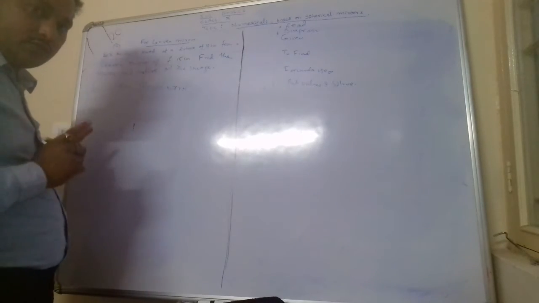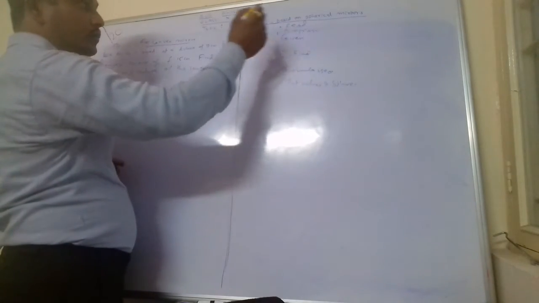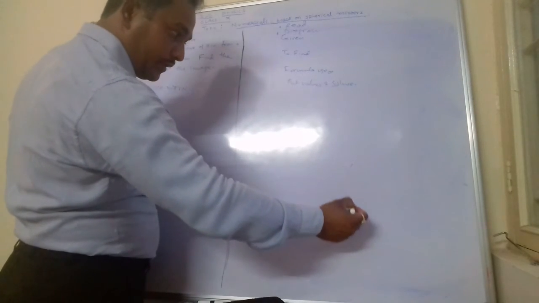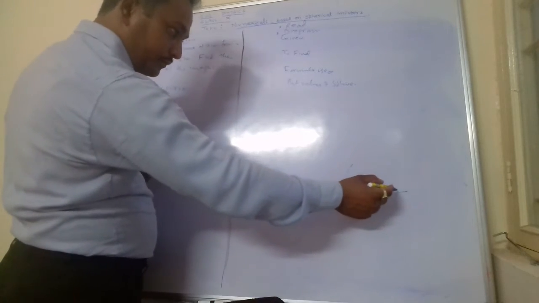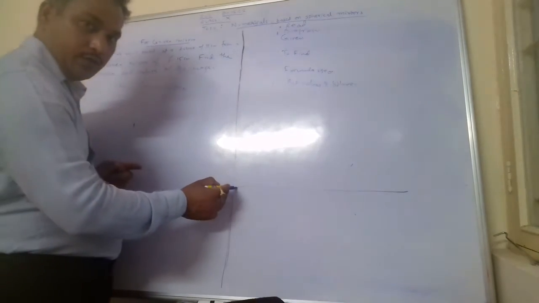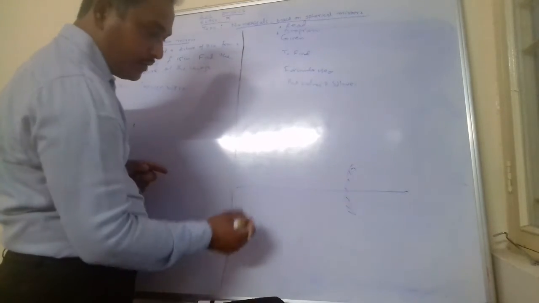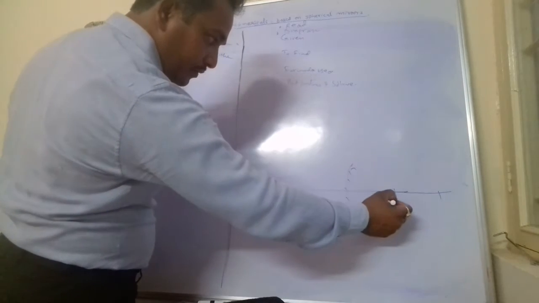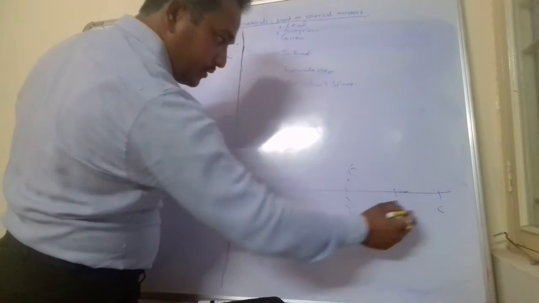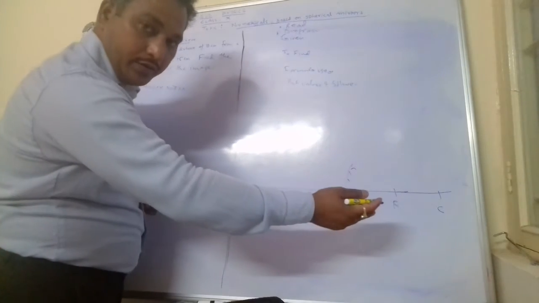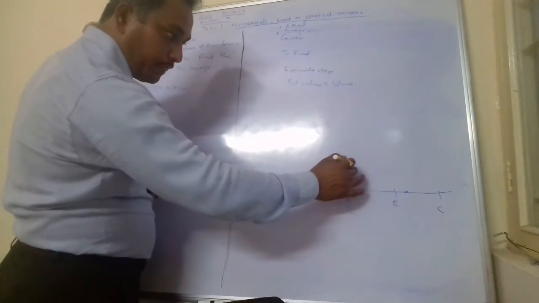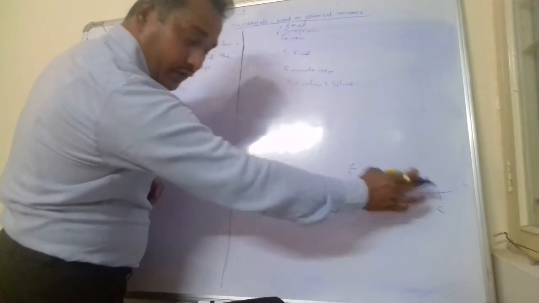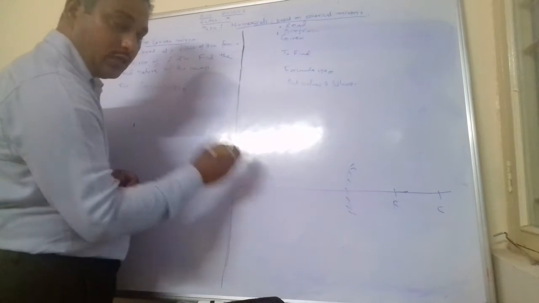Then what type of mirror is this? Clear. Then you draw the diagram. You know the diagram of convex mirror. Like this is the diagram. Here the focus and center of curvature all lie behind the mirror in case of the convex mirror, and focal length is positive, radius of curvature is also positive, and the object is placed on the left hand side.